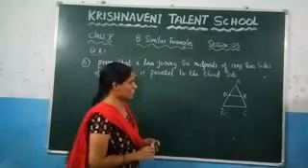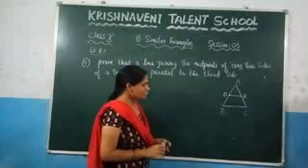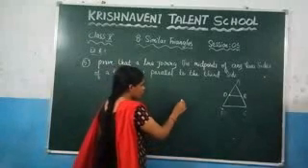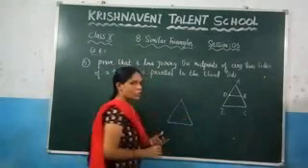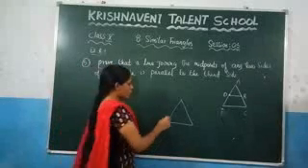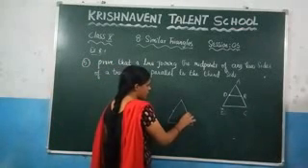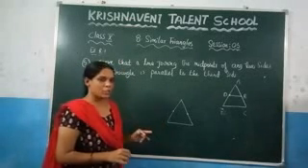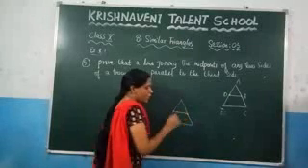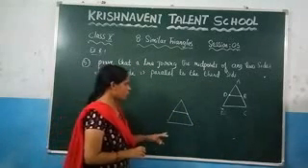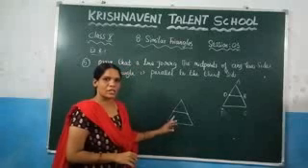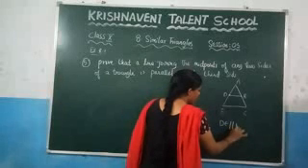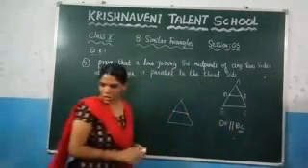Again I am explaining this question. What they have given here, prove that a line joining the midpoints of any two sides of a triangle. So here if you consider the triangle like this, now you need to choose two midpoints of two sides. So here I am taking this as midpoint, I am taking this as midpoint, and what they said here, prove that a line joining the midpoints of any two sides. So I am joining the midpoints, and what I need to prove here is that line is parallel to the third side. What is the third side which is left out, which is BC. So what we need to prove here, DE is parallel to BC. This we need to prove. So what is the given?